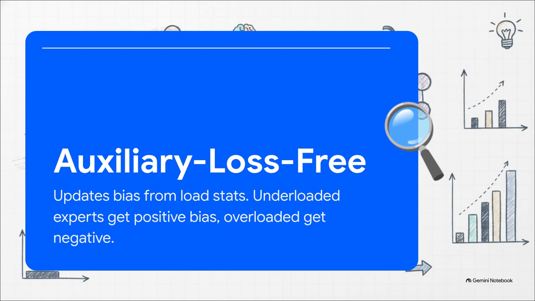Instead of an auxiliary loss, it dynamically updates a bias based on load statistics. Think of it like this. Imagine the routed experts are different nightclubs, and the bias is the bouncer adjusting the cover charge at the door. If a club is totally underloaded and needs more people, the bouncer adds a positive bias, basically letting tokens in for free. But if a club is overloaded, they slap on a negative bias, jacking up the cover charge to